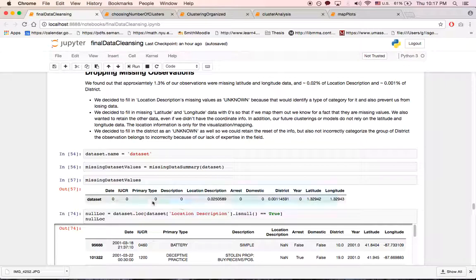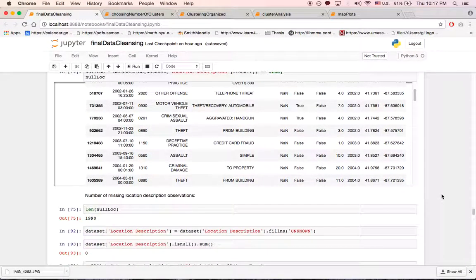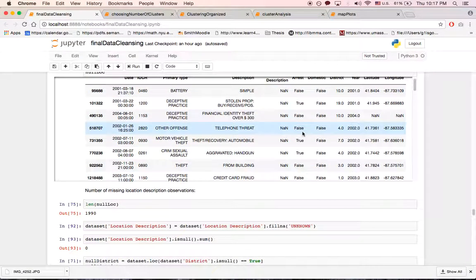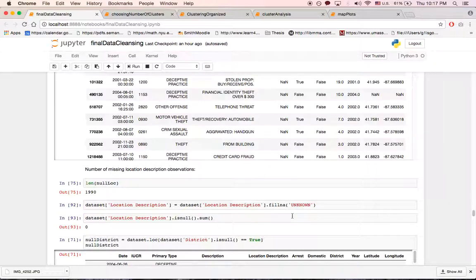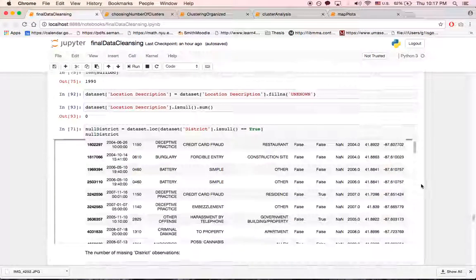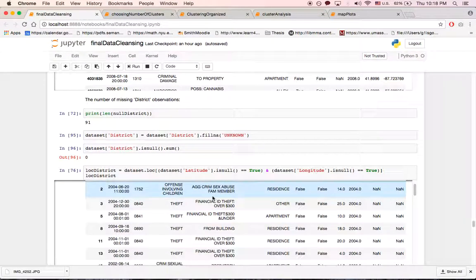However, you can note here that of the columns we have left, most of them don't have that much missing data. Even if we were to add these up, it would be less than 5% of the data. So we could essentially drop all those rows. However, we did not want to lose other observations that could provide valuable info. Therefore, we filled the location description column with unknown if there was missing data, and districts with unknown as well. And we put values 0